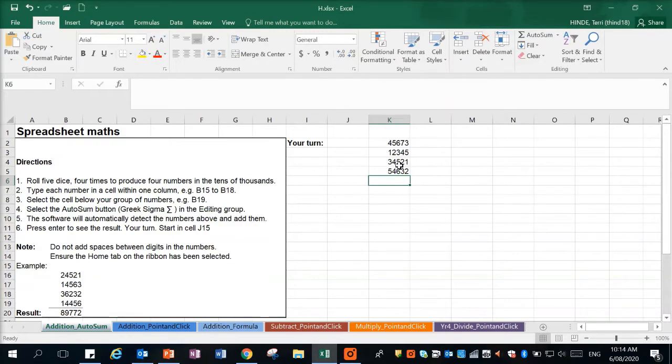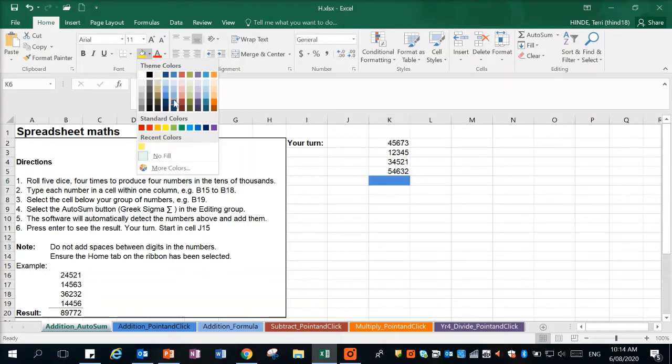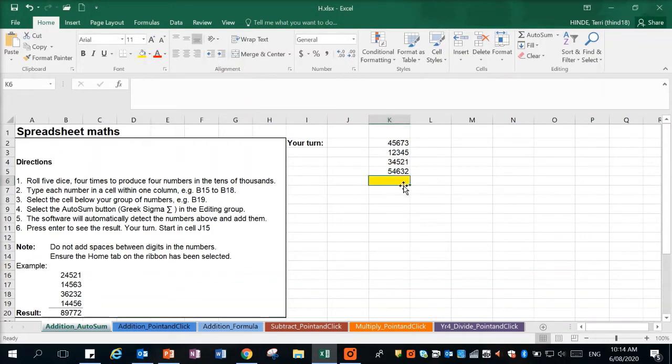Now, hopefully for this activity, using auto sum, you rolled your dice. Now, I'm going to add in my total. Just so I know that this cell is different from the others because it's going to have the total, I'm going to come up to my paint pot here. I can click on the down arrow and I can choose a color that will go in there. But I think yellow is good because it's light and bright and it's going to make the black text easy